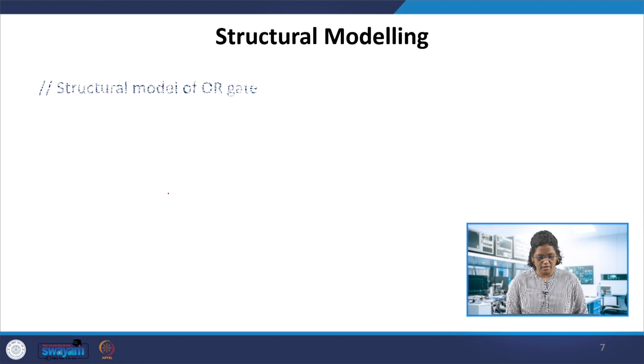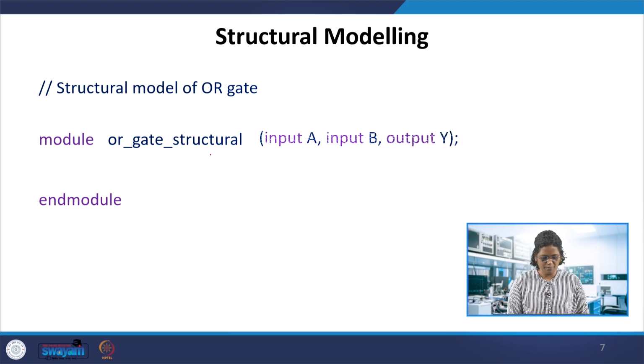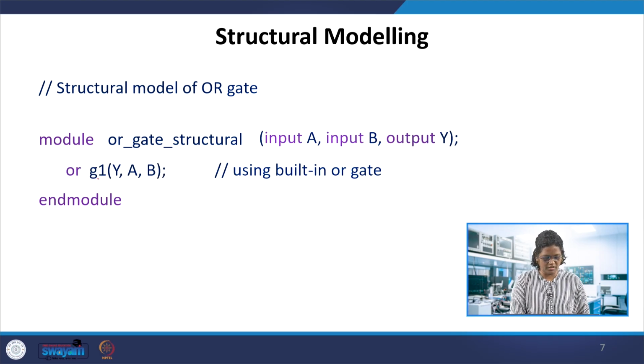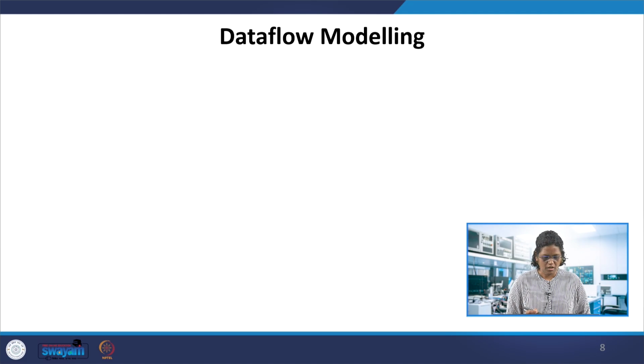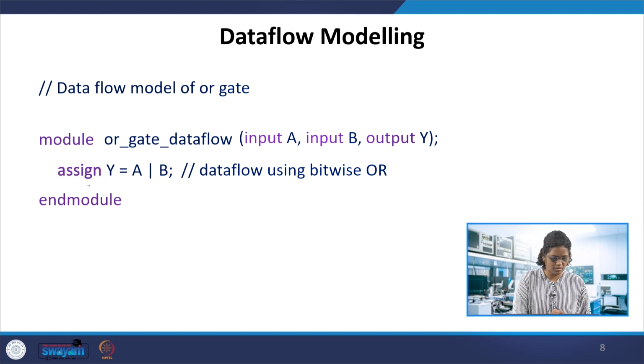For example, again the structural model of an OR gate. As I told you, for this gate the name is actually optional. You can call this OR gate G1, and here is a and b, and this is y, the built-in OR gate. The data flow for the OR gate similarly has the assign statement, y equals a | b, that is the bitwise OR symbol in Verilog.